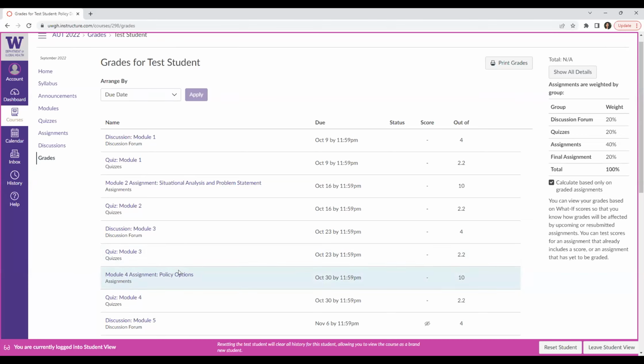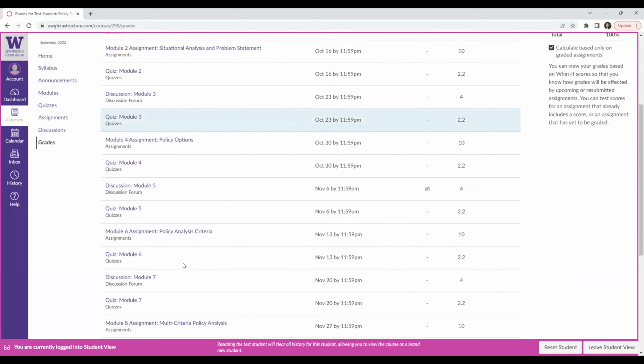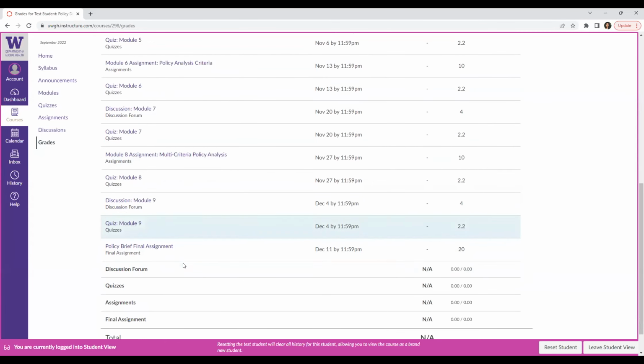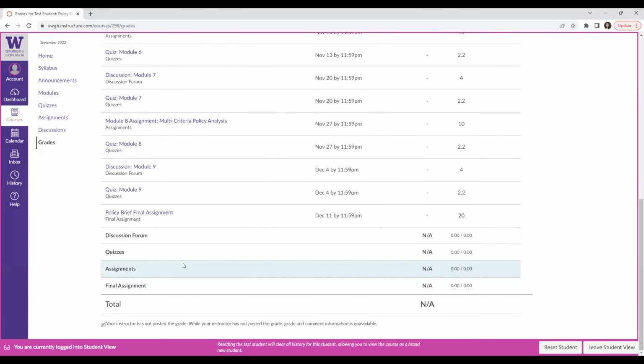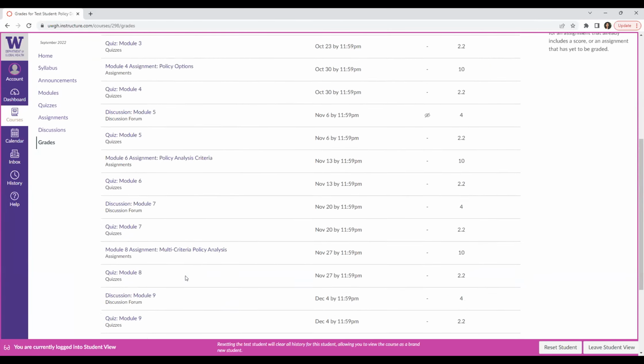But then if you proceed to not complete the next few modules in the course, then your grade would go down. So just note that that final grade here is just a snapshot at that moment in time, and that grade won't be finalized until the very end of the course. But it does give you a good idea of where you stand in the course.